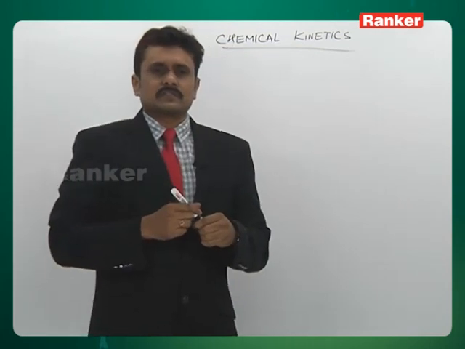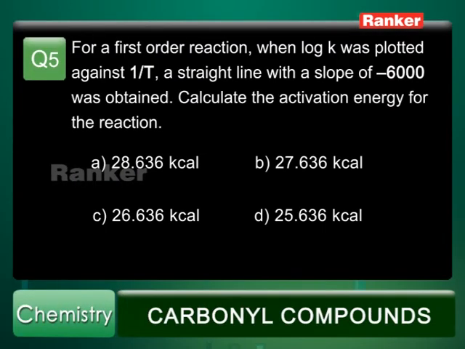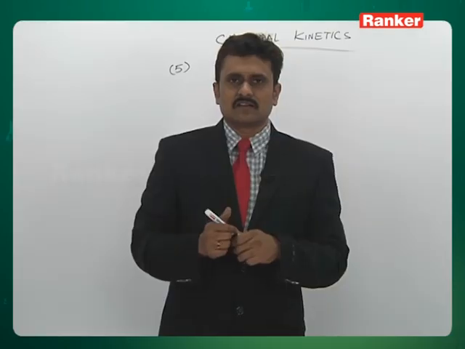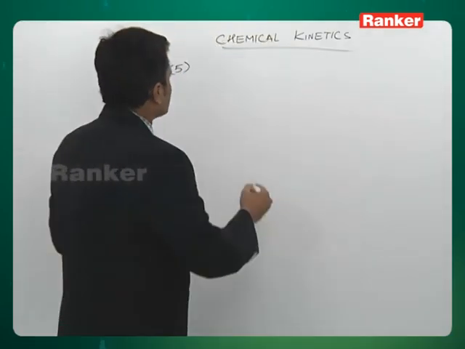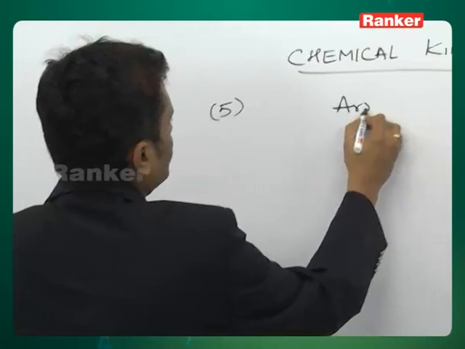Now in the fifth question we have a first order reaction for which the graph is plotted against log K and 1 by T. We have a straight line with a slope of minus 6000 is obtained, and you have been asked to find the activation energy on the basis of this data. Now we know this question is related to the Arrhenius equation